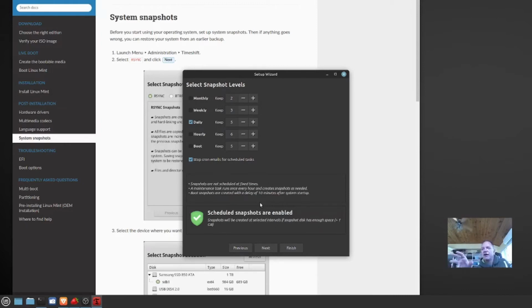So just keep that in mind. Maintenance tasks run once every hour and create snapshots as needed, and that's that incremental piece, right? So it sees a file change, it's going to copy it over once every hour, basically. Boot snapshots are created with a delay of 10 minutes after system startup. So scheduled snapshots are enabled. So let's just keep it as defaults for now,